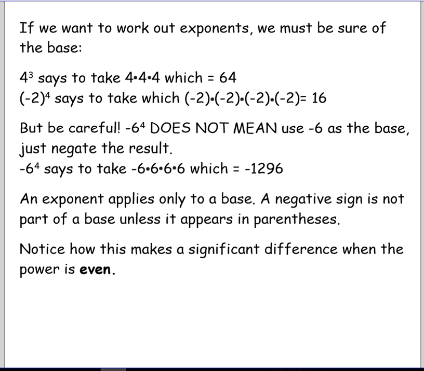Negative 2 in parentheses to the fourth power says to take negative 2 times negative 2 times negative 2 times negative 2, which is 16. So negative 2 is the base there. But be careful. Negative 6 to the fourth power with no parentheses does not mean to take negative 6 as the base. It means just to make the result negative. So negative 6 to the fourth power says to take the negative of 6 times 6 times 6 times 6, which is negative